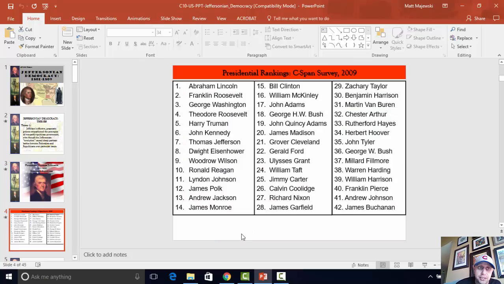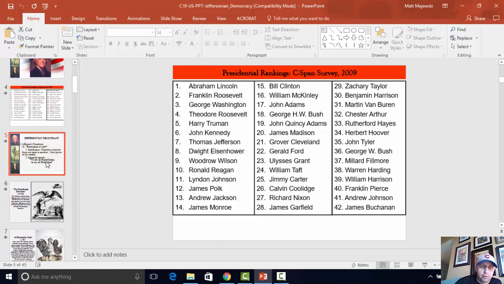Looking at our presidential rankings here, next slide, where does Thomas Jefferson rank? He ranks 7th now. It's an interesting number for me. I think a lot of that maybe is more of like a lifetime achievement sort of ranking, because his presidency probably doesn't match up there with some of those lofty names ahead of him. For that matter, where do we see John Adams? I don't think we looked. 17th is where he is, right smack dab, kind of in that middle row. So history does not remember Adams as fondly. Jefferson, obviously, top tier. All right, so let's kind of see why the public believes he earns that reputation.